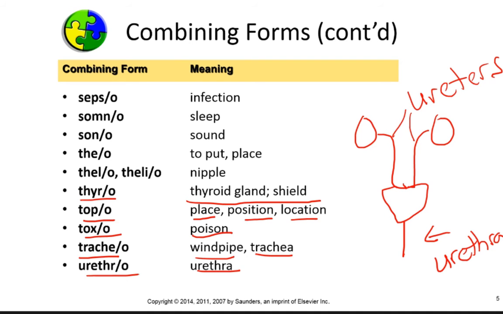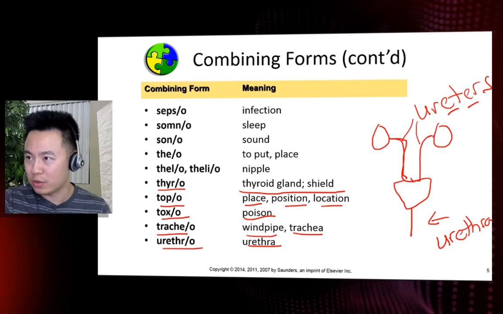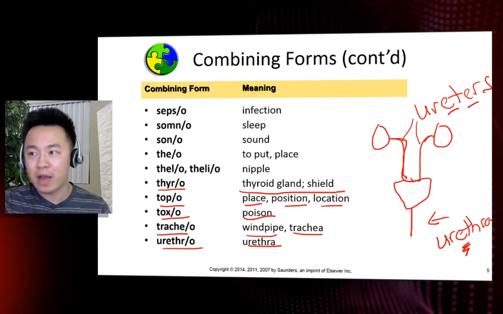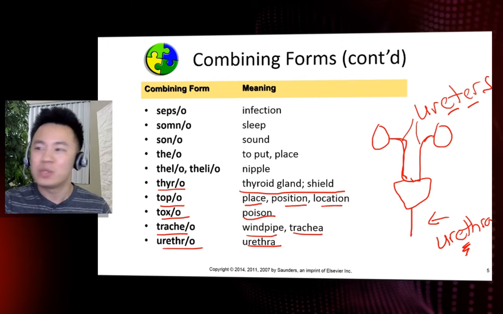One of the best ways that I would recommend to distinguish between these two structures is that ureter here has two E's in its word. That means that the ureter, and of course we have two ureters, one here that goes from our left kidney down to the bladder, and another one that goes from our right kidney down to the bladder. So just keep that in mind. There are two E's, so that's probably those pipes over there. And then we have one E in urethra, which pertains to the pathway or the tube that connects between the bladder and the outside world. So something to help you remember those two, and hopefully that will serve you some justice or maybe even result in some points on an exam.